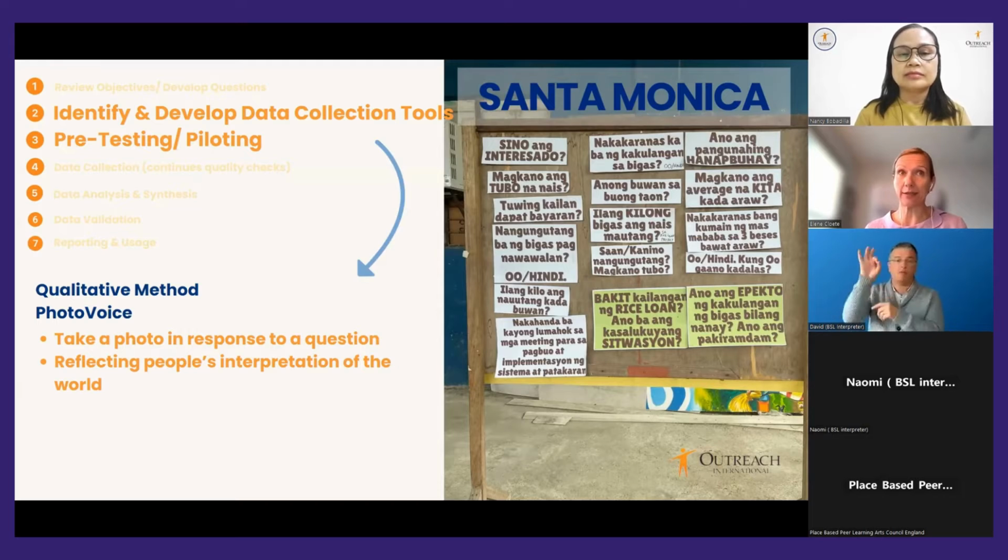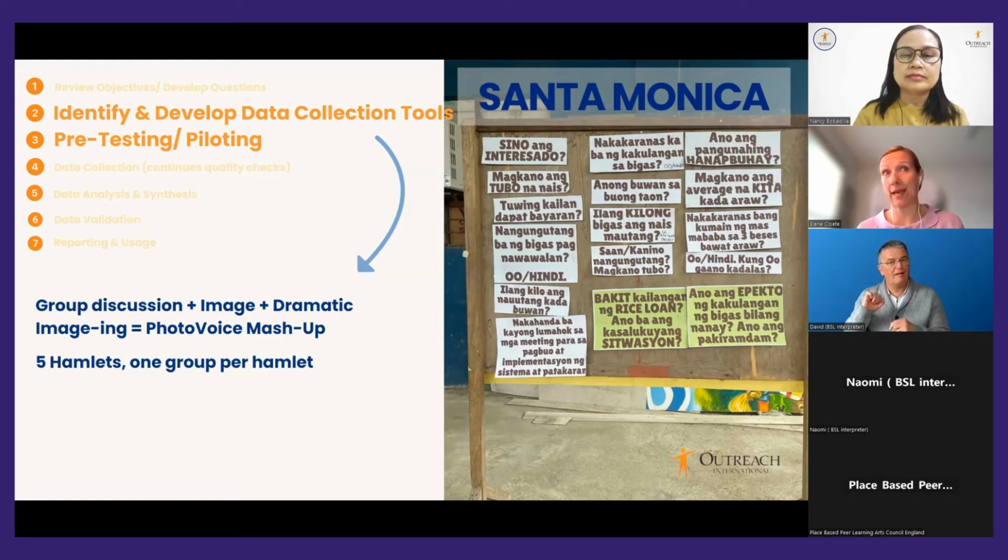And then these photos and the accompanying descriptions of the photos become the reflection of people's worldview and then the qualitative data that will eventually be analyzed. Now, the group in Santa Monica were very excited about the method, seeing the possibilities of how it can be used for them and by them to collect the data and the stories that they need for describing the situation in their communities. But they decided together with Agnes that they wanted to modify the process slightly because they wanted to add workshops to it.